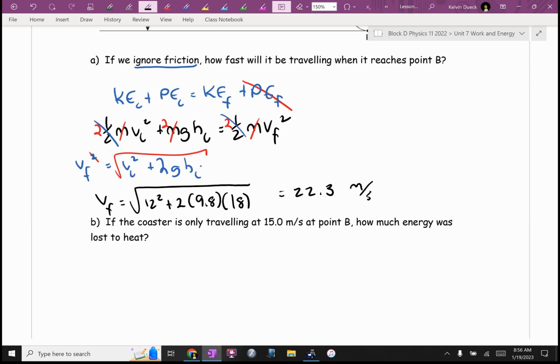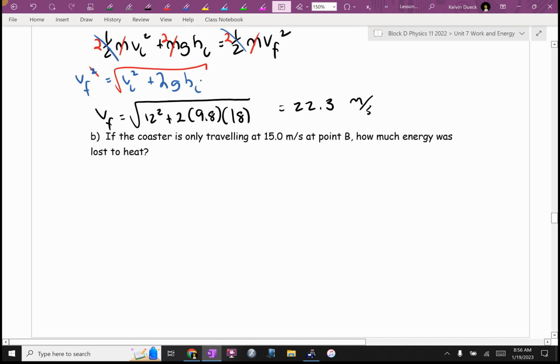Good stretch, Oliver? Okay. How fast should we be going? 22.3. Suppose we use a radar gun and we clock the coaster only going at 15 meters per second. Where has that extra kinetic energy gone? Friction and heat. How much? So if the coaster is only traveling 15 meters per second at point B, how much energy was lost to